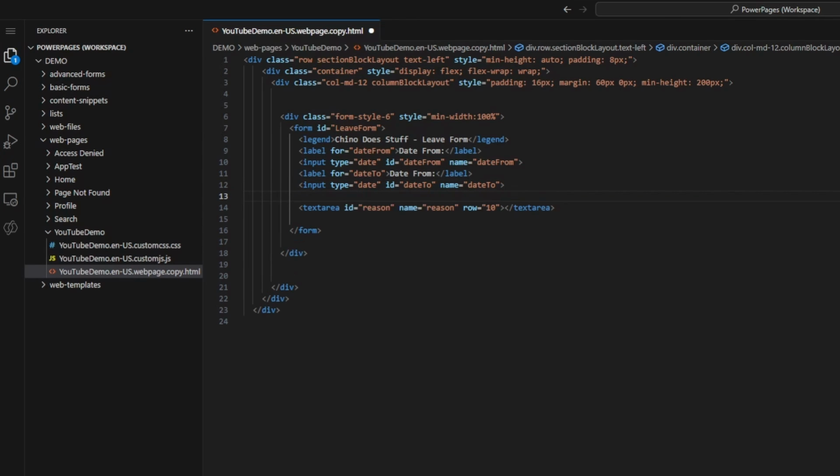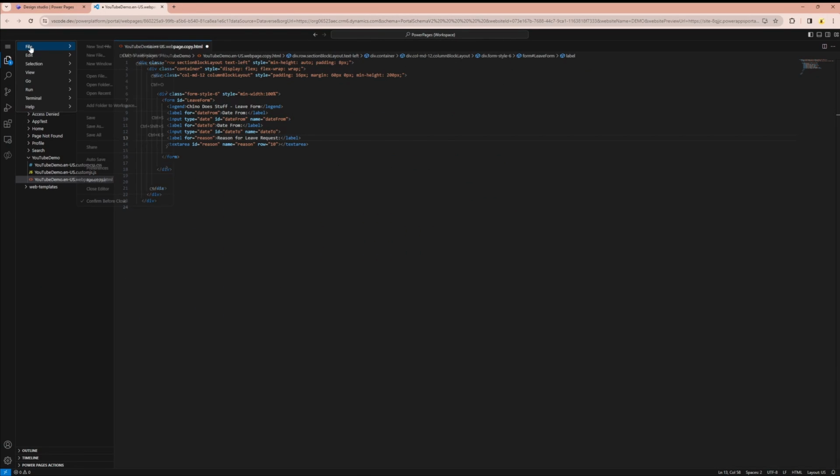And of course we want a label as well. We just do this the same way, label for reason. And in the middle of these two tags, we want to put our text for our label, and I'll just put reason for leave request. So if we go and save that,